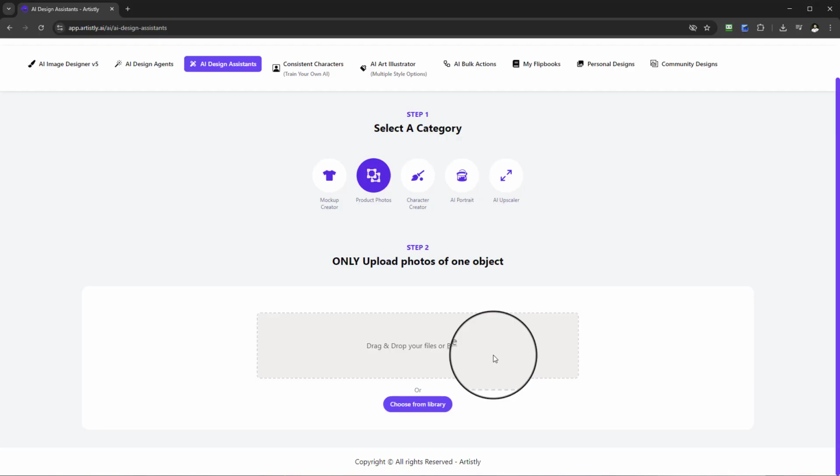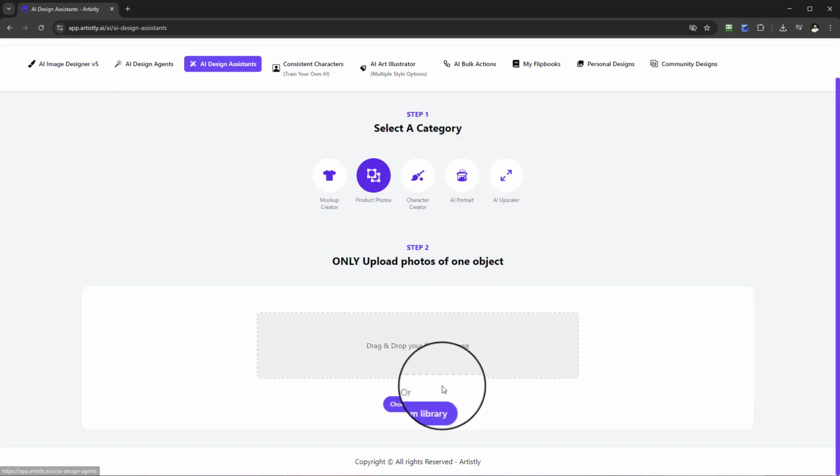So here you have the ability of, if you have any products, anything that we already got, you can drag and drop. Maybe a client's got something that they want to create into a product photo, you can drag and drop it and place it in here. Or alternatively, if you don't have one, you can build one out using the AI image designer. Okay, whether it's a bag, maybe it's a mug, maybe it's any kind of product that you're the client or whatever